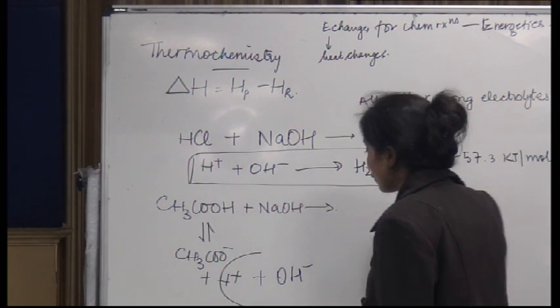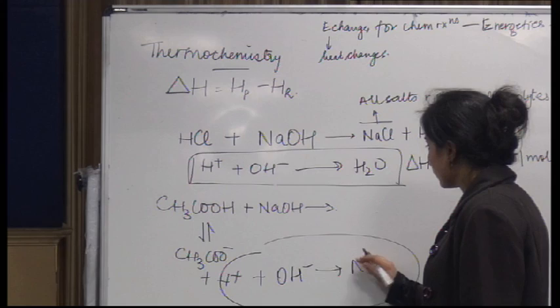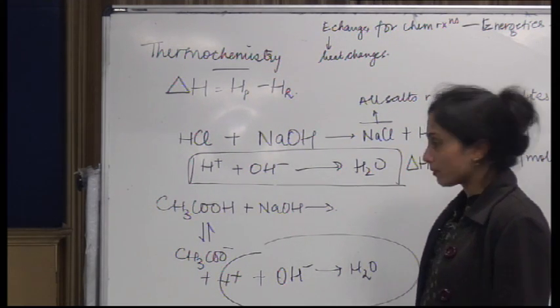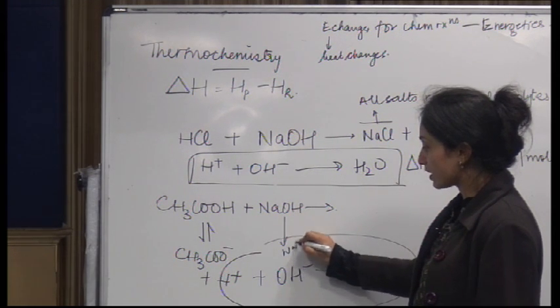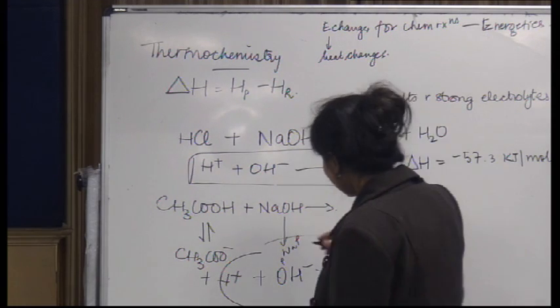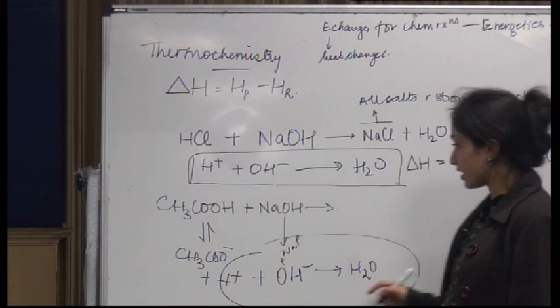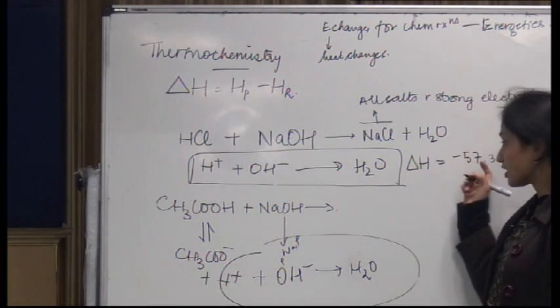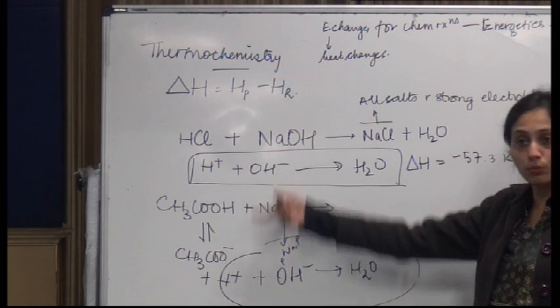Main reaction of neutralization will be H plus plus OH minus giving, I'm sorry, will give you H2O, right? The main reaction will remain the same, and in this case Na plus and OH minus will be completely dissociated, तो ये तो पूरा मिल ही जाएगा. What happens? We need 1 mole of complete neutralization. So delta H is expected to be minus 57.3 again, because 1 mole तो पूरा neutralize होगा ही अब